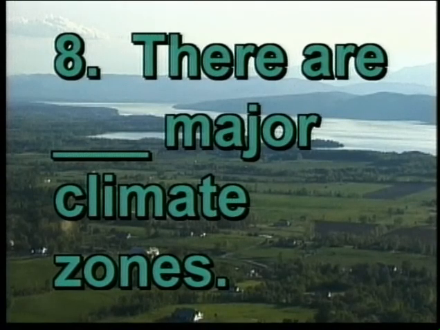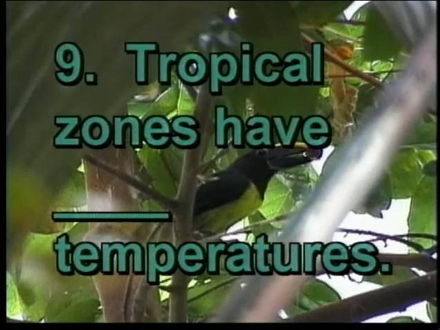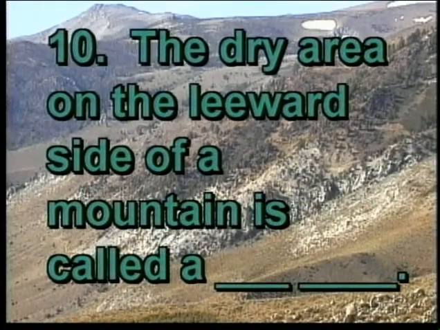Number 8, there are major climate zones. Number 9, tropical zones have temperatures. And number 10, the dry area on the leeward side of a mountain is called a